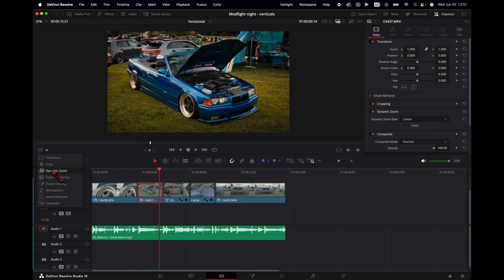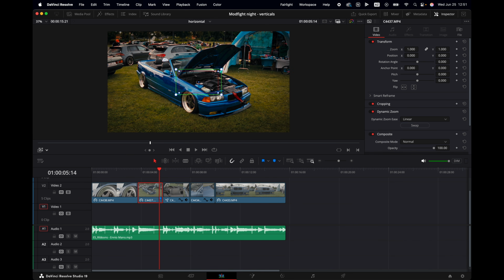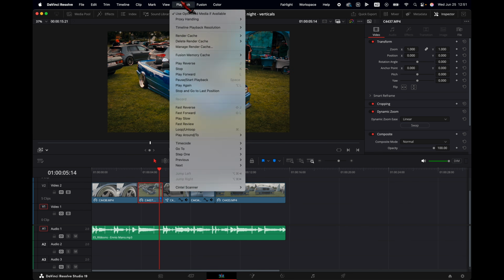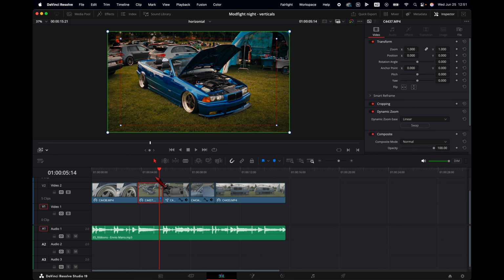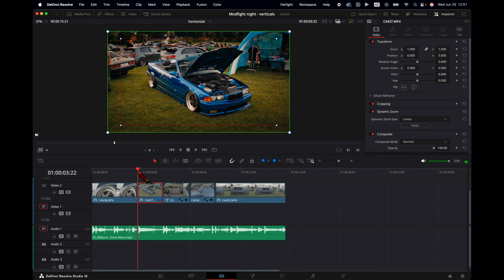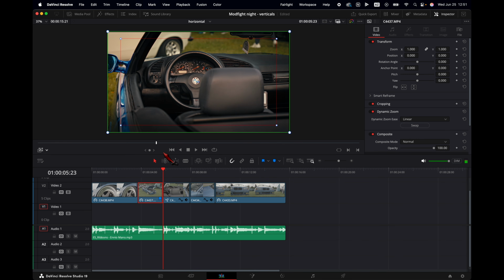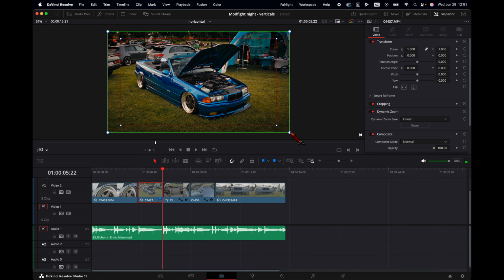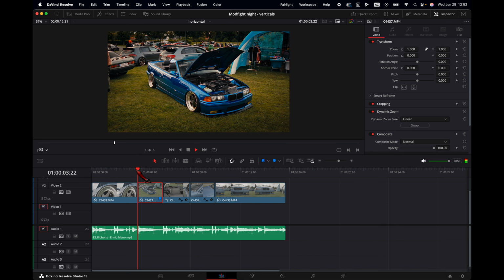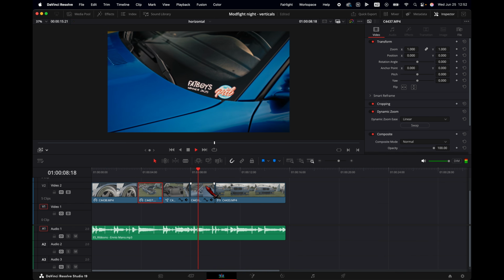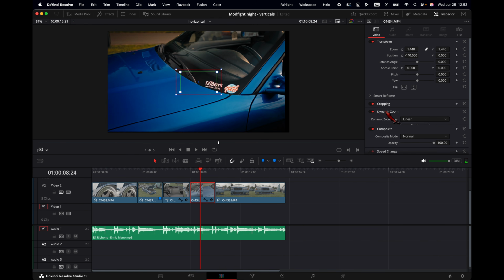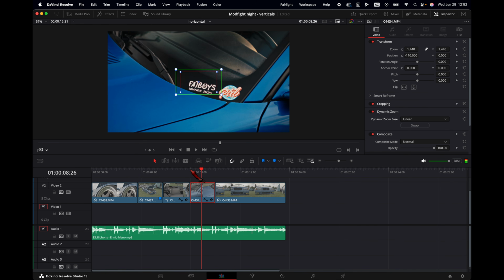So to change that, we can go to dynamic zoom. And in case this pops up like in a weird small way, just change your playback resolution back to full. The green window is where you will start your shot, and the red window is where it will end. So in this case, it will zoom from here to here. And to make the zoom a little bit less aggressive, I'm gonna change the red box so it zooms in from here to here, a little bit less aggressive. And then we have something like this. We might want to add a small dynamic zoom here. We're going to swap it. And again,